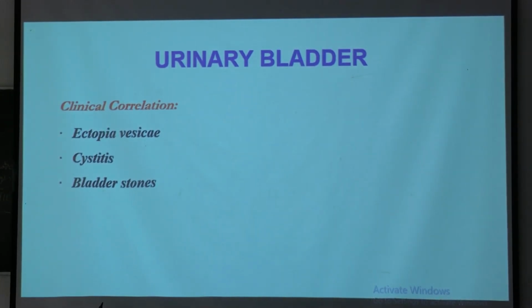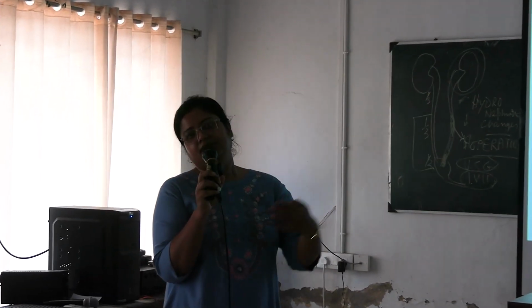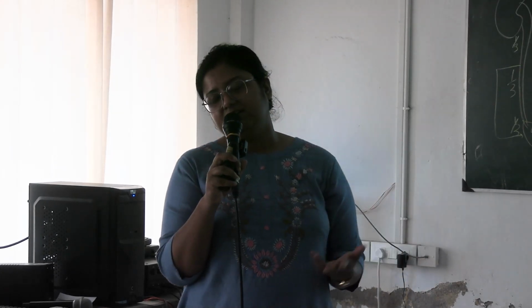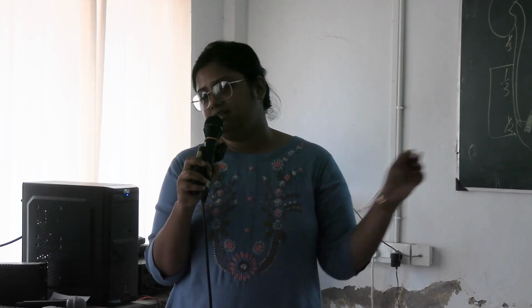First is ectopia vesicae. Ectopia vesicae is due to developmental defects. Okay, the anterior abdominal wall will be absent and the anterior wall of the bladder is absent. So the trigone or posterior wall of the bladder is directly exposed to the outside. Okay, there will be no storage of urine, continuous leakage of urine through the anterior abdominal wall. The child actually does not survive. They may also have ectopia cordis, the heart lying outside of the thoracic cavity. That is also an important associated feature.